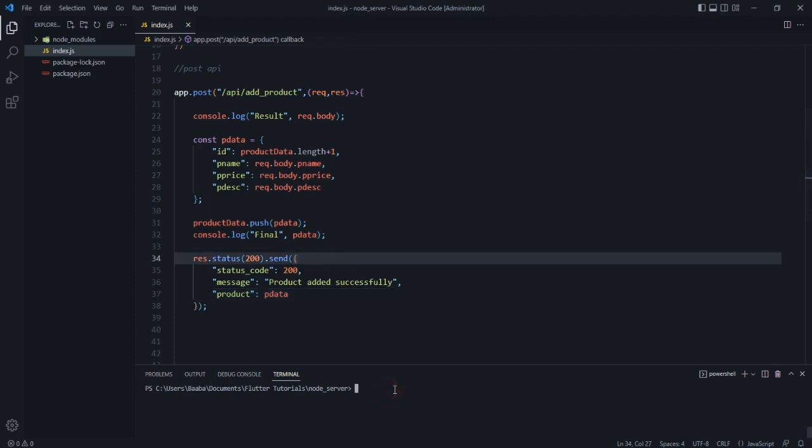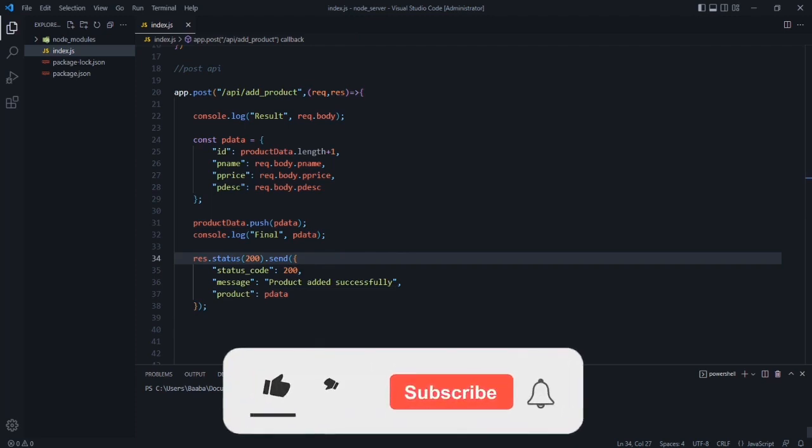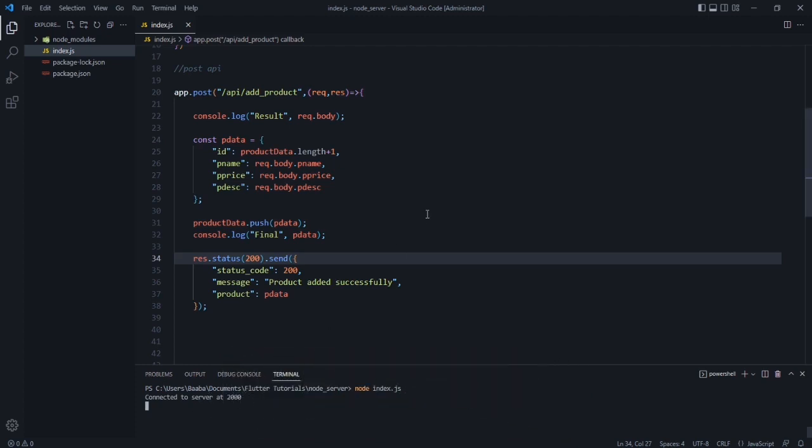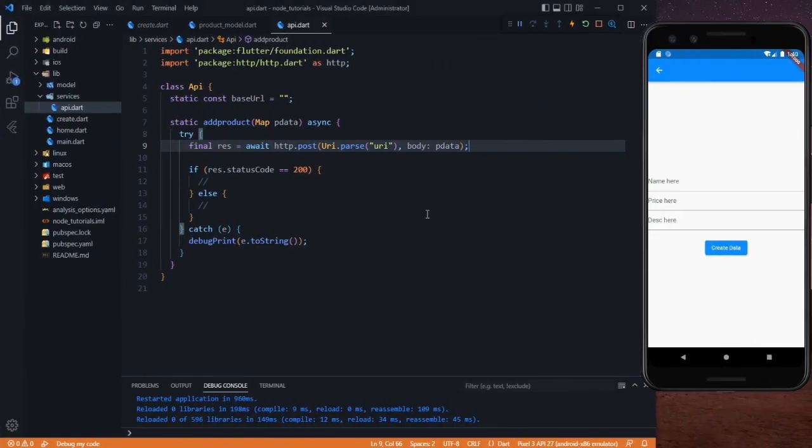So let's restart our server. For that, we know we need to say node index.js, and now our server is connected at port 2000. So go back to your Flutter code. So here, as we are using our emulator and it doesn't know what localhost is, we need to pass some address to it. So even if you are using your real device, you need to pass the address, not localhost.